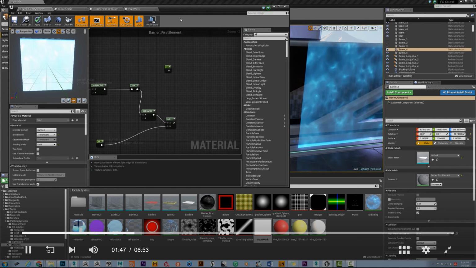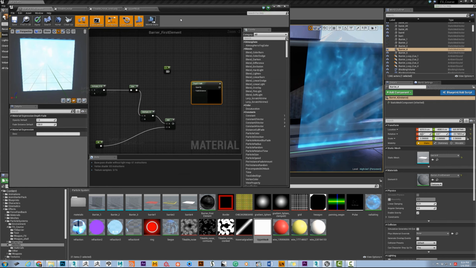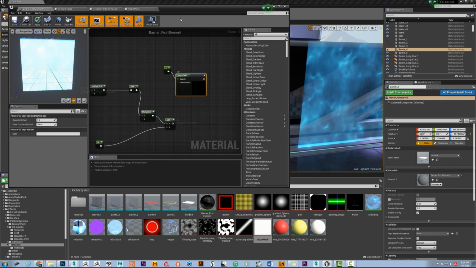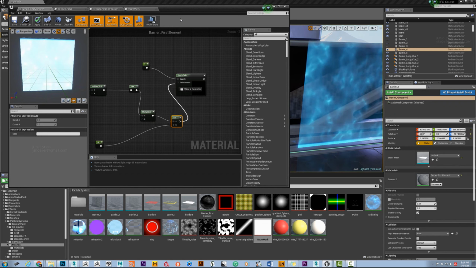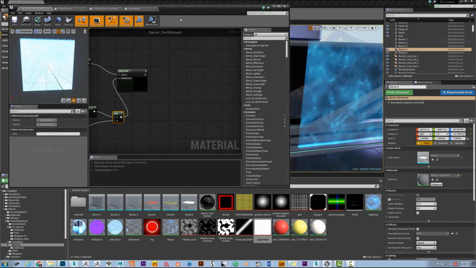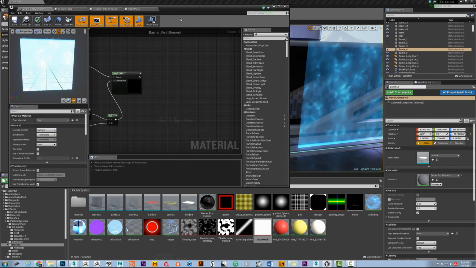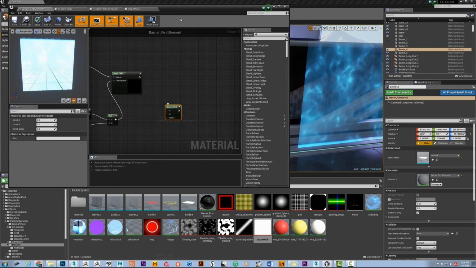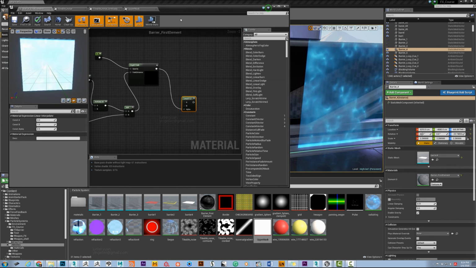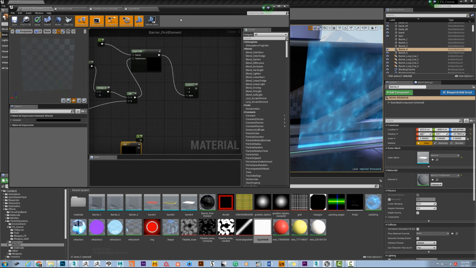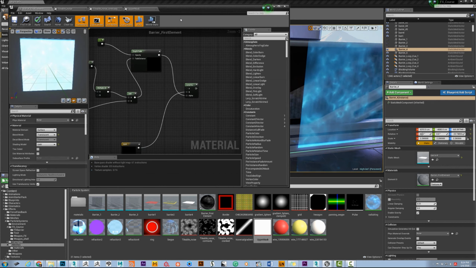a depth fade, so right now it's fully opaque, and I'm going to add this to the actual fade distance. All right, and I'm going to lerp these, linear interpolate. I'm going to have the depth fade as my alpha. I'm going to add black as my B, and I'm going to add another color,